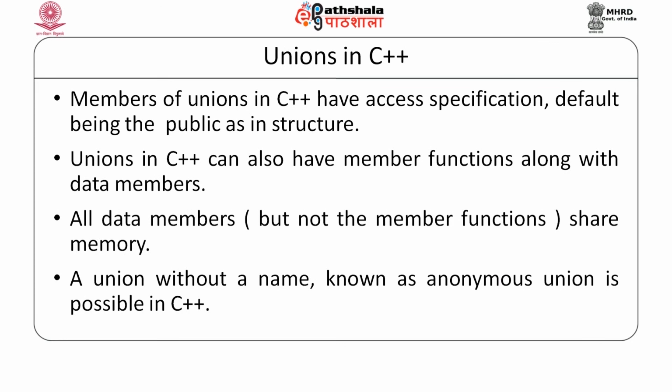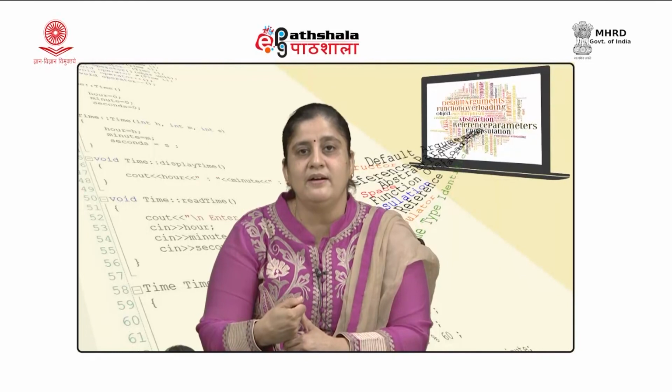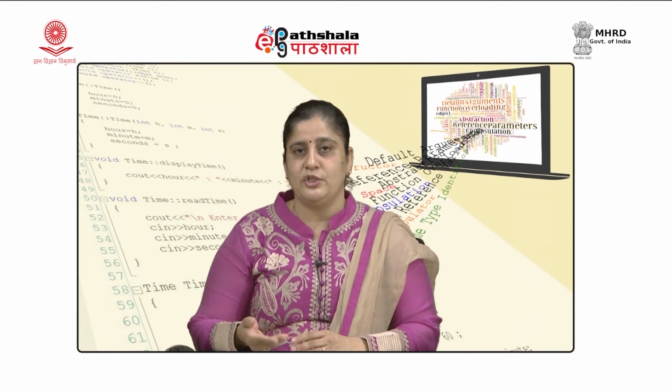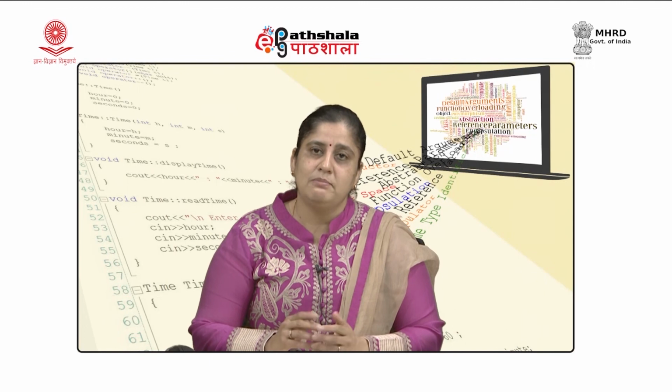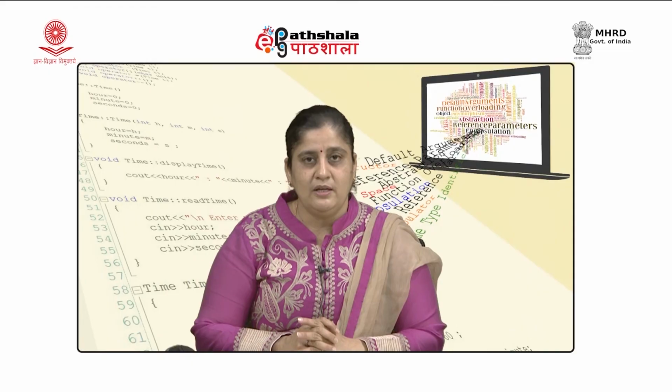Now, apart from structure and the class, we can also define unions in C++. In C also, the keyword that we use to define a union is union, but as in the case of structure in C++, we are able to define functions inside it. Similarly, in the unions in C++, we are able to define the functions. You may recall in C, in the unions we are only able to define the data members, but in C++ we will also be able to define the member functions inside the union.